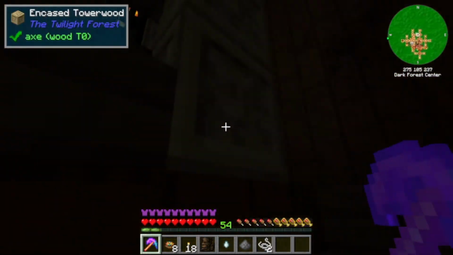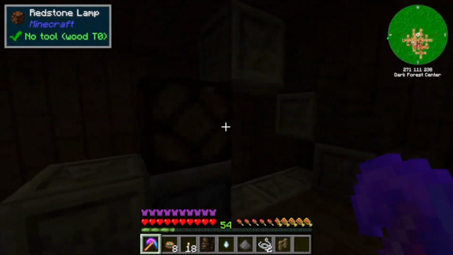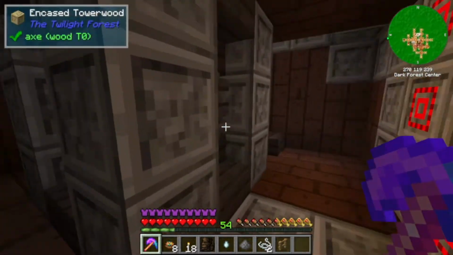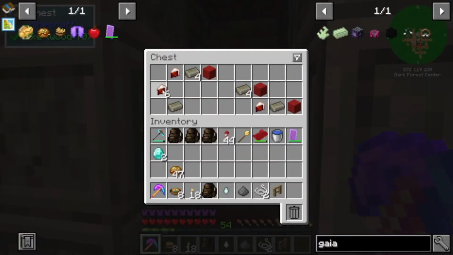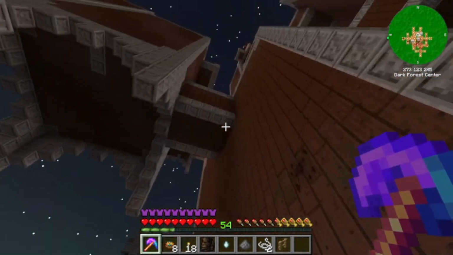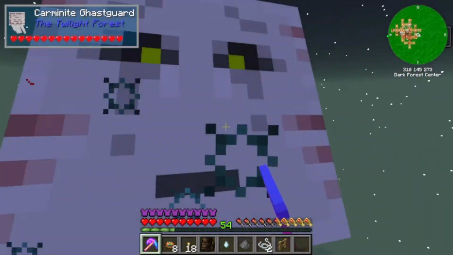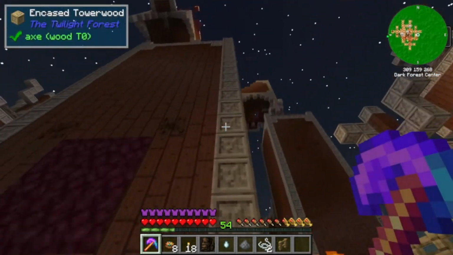Let's see if I can. Yeah, this is a loot room, I believe. Nope, it's a spawn room. Ta-da. There we go. Yeah, so there's usually some diamonds in here. There's Experiment 115, which is boring. But basically, you're gonna want to make your way all the way to the top of the field, and kill all these at the same time,